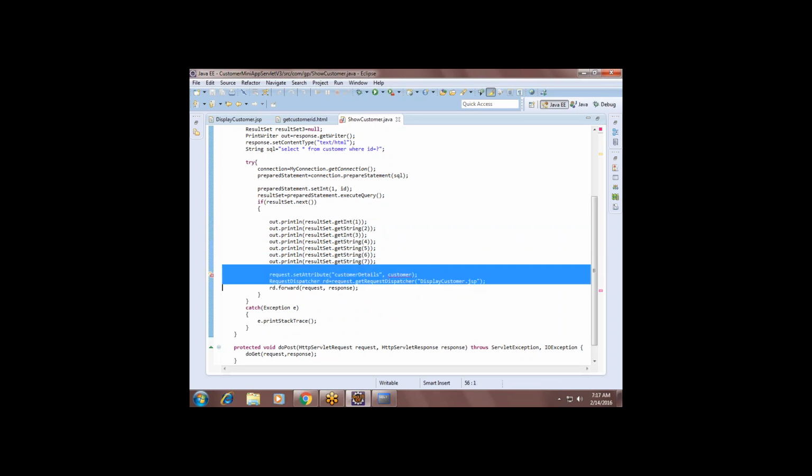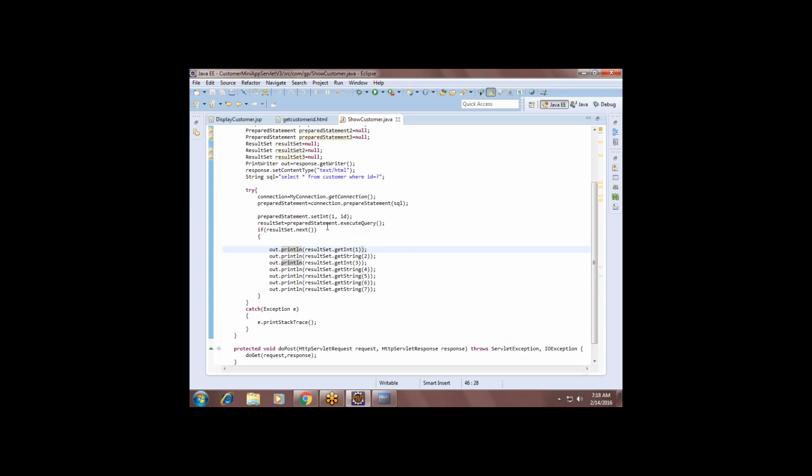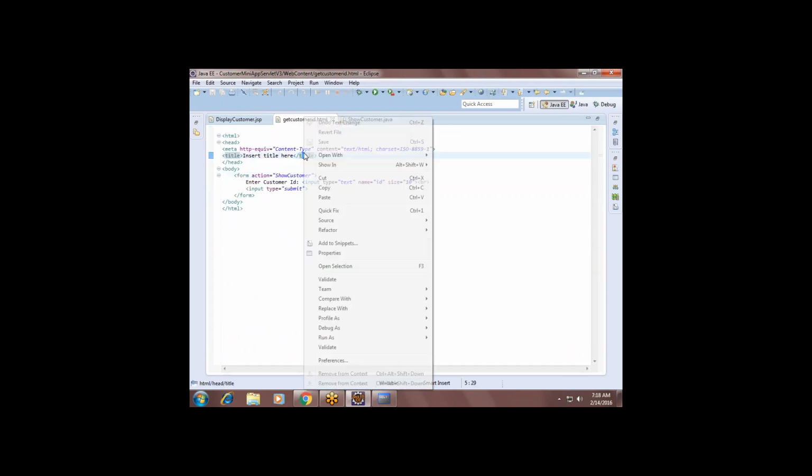So this result will be displayed in a single line, sir. Out.println, the result will be displayed in a single line, right? println, each and every one. But I haven't got it line by line, new line by new line. I got it in a single line, sir, when I tried get details.